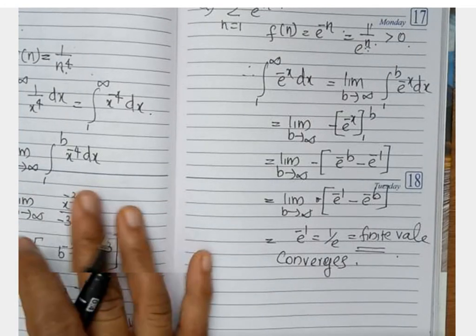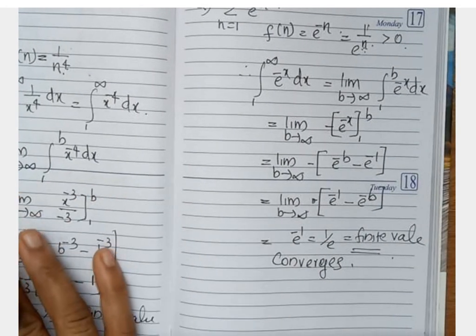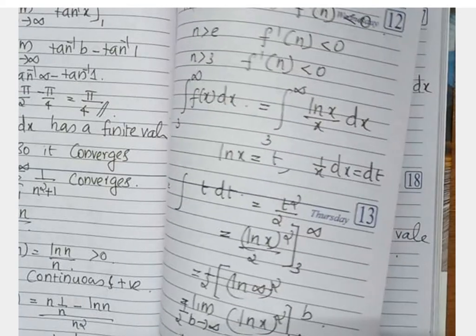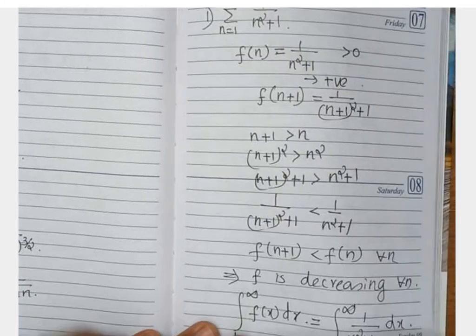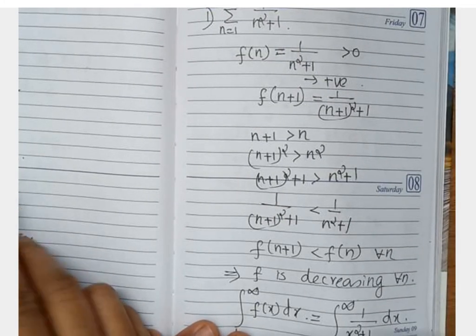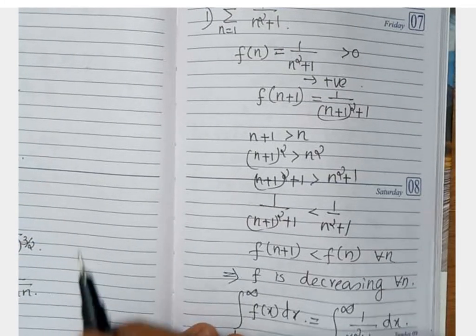Next, look at the next example. n e raised to n is also the same as in the case of the fourth one, right? So what about